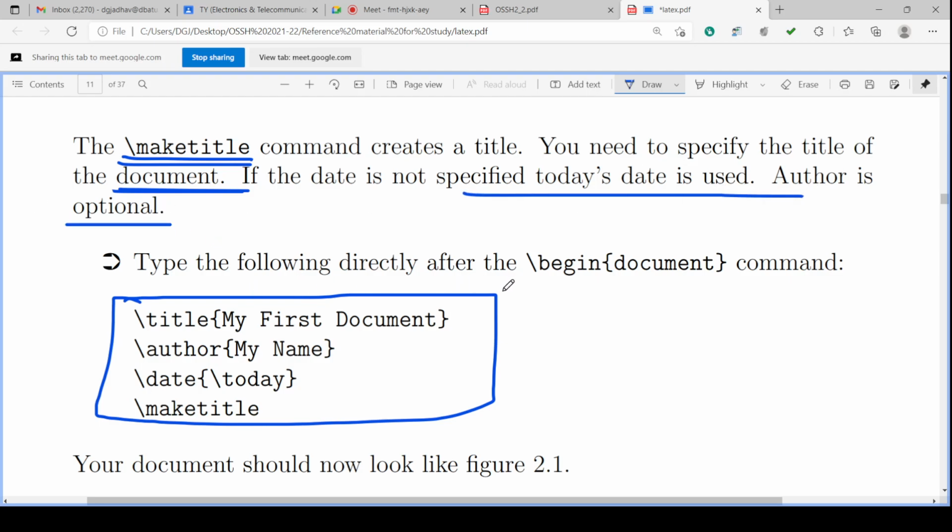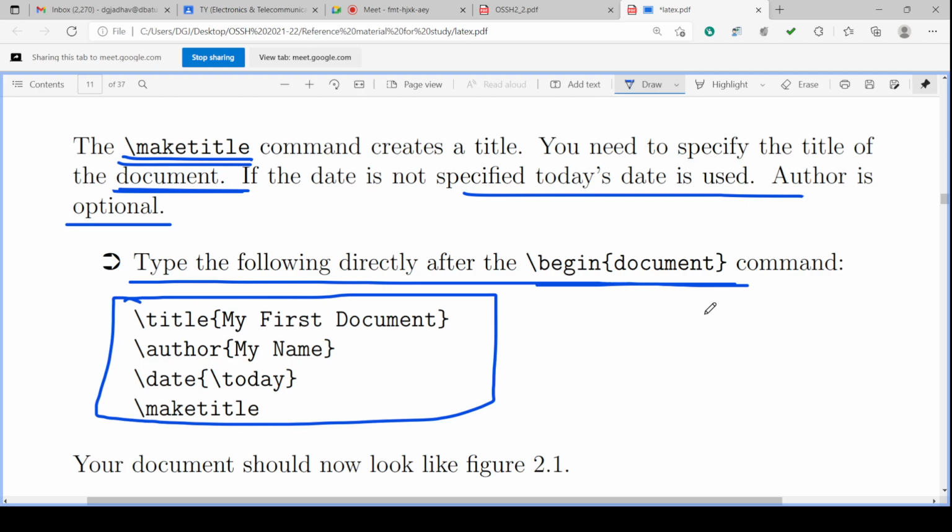Type the following directly after the begin document. After begin document we will have the title details. When the document begins, first we will define the title.